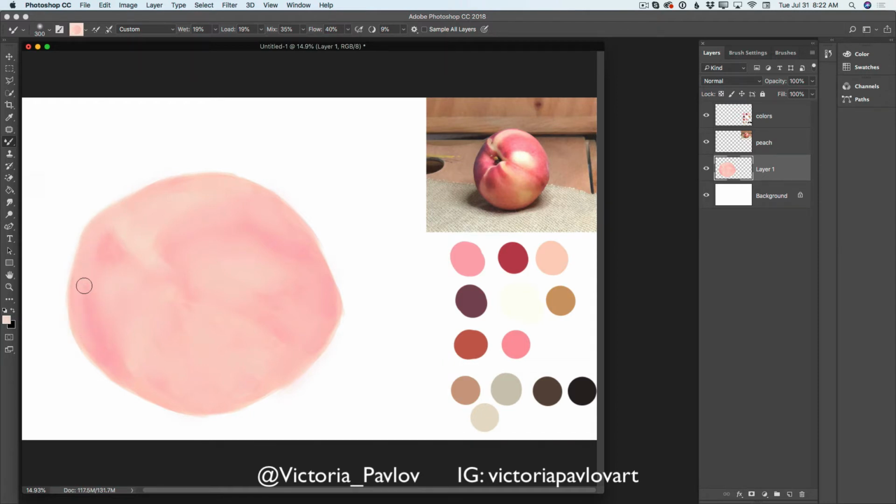So this is my first final layer of peach color. Now I will create a new layer. I will use another color, something darker, maybe something like this. I will switch to my paintbrush, same paintbrush, I'm not changing anything. And I will start